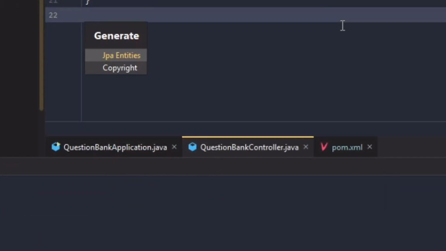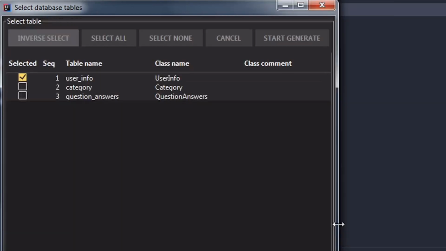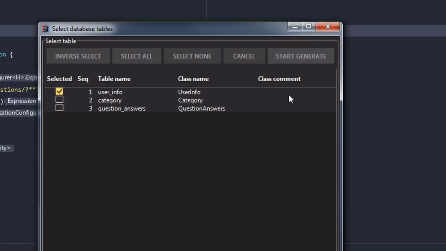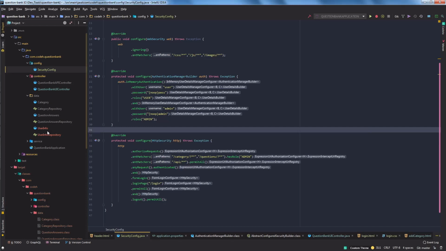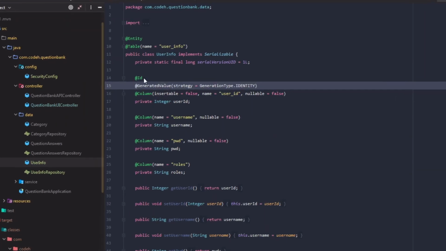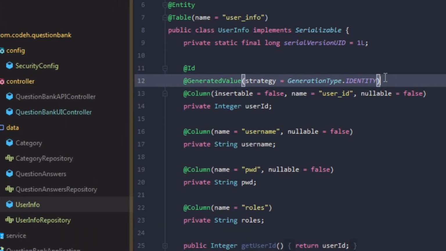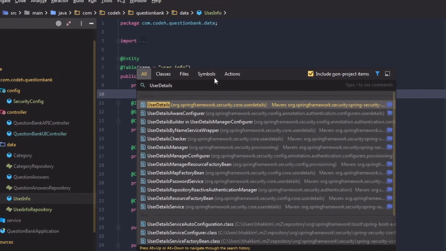The Alt Insert command provides a drop-down with options to generate JPA entities. Fill out your database credentials and select the table for which you need to create entities. The plugin generates a user info entity and user info repository in the provided destination package. In the user info entity, mark the user ID field with the generated value annotation. This will auto-generate the ID whenever a new entry is persisted.